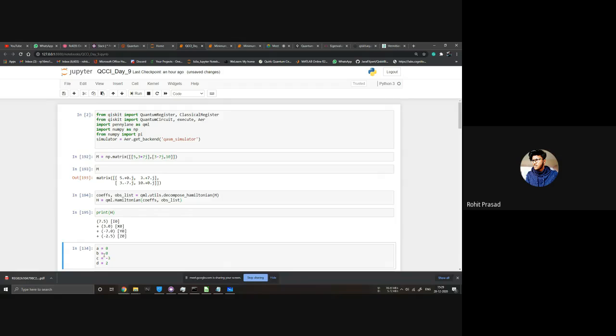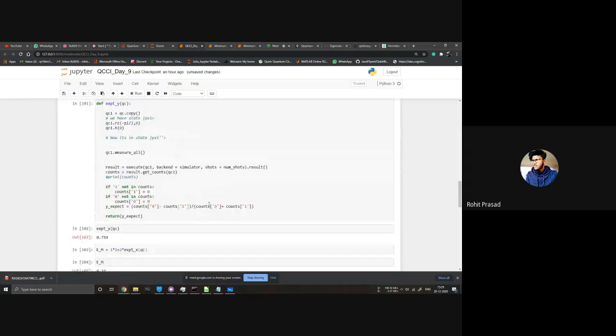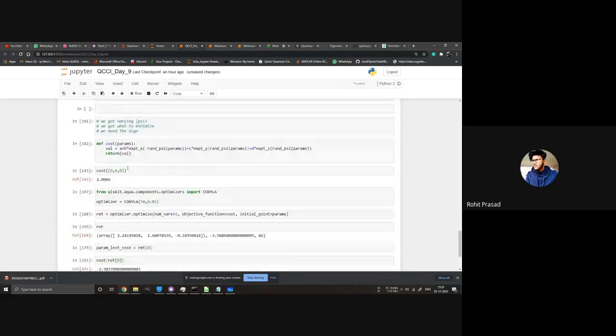Oh, 7.5. 3.0 minus 7, minus 2.5. So this one, then let's update our cost function. This is our new cost. This is our iteration that it's running. I don't think it will finish in 50.